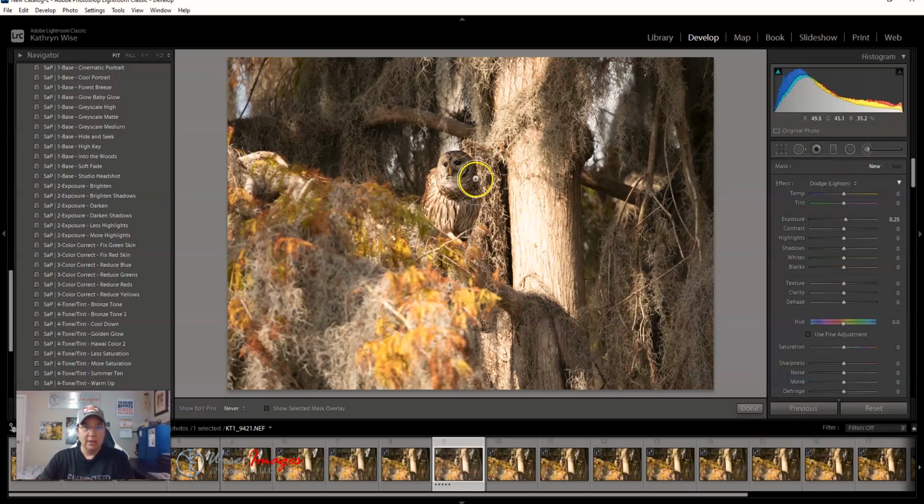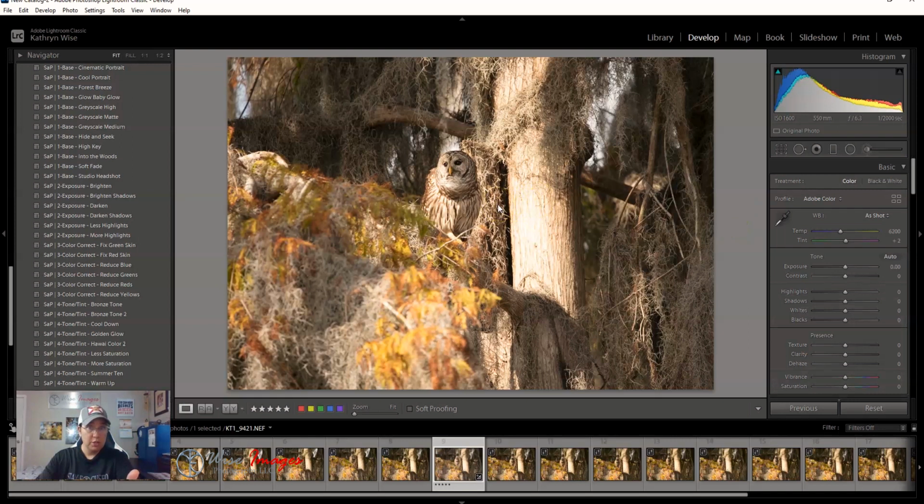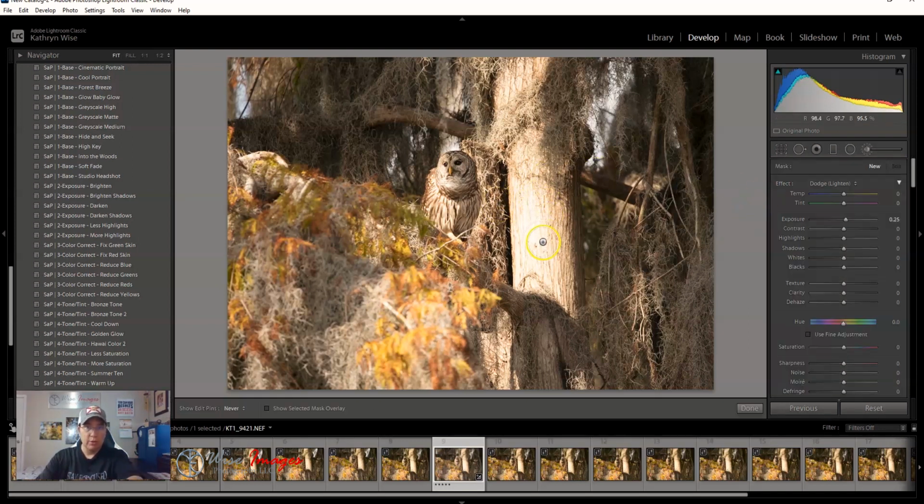I wanted to lighten up part of this owl here. So I hit the owl a little bit with some lightening, and made a little adjustment there, kind of brought them up a little bit. Then I decided I'm going to take off that adjustment brush tool that I just did. And then I hit K again, and I'm going, okay, I don't like how bright that particular tree is. So I came over here to my brush and I hit darken. Now that's all fine and dandy, but the thing is